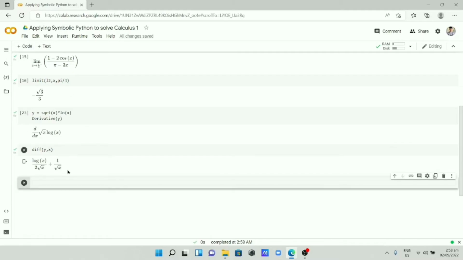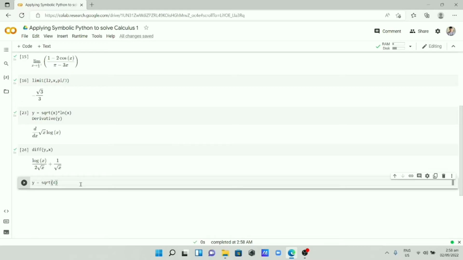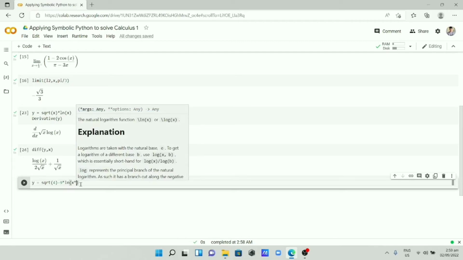And for problem number 2, we have y equals the square root of 4 minus 9 multiplied by the ln of x raised to the power of 4,